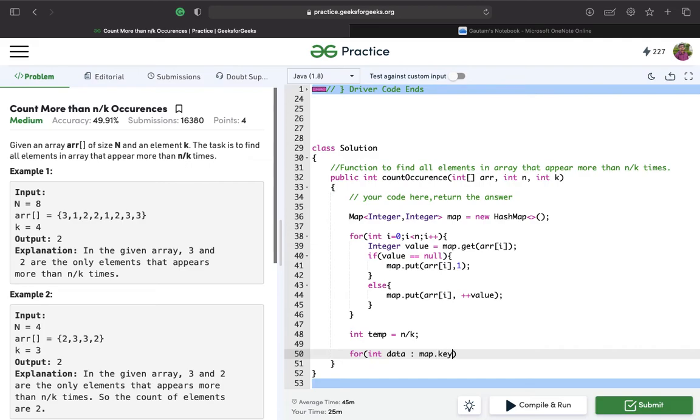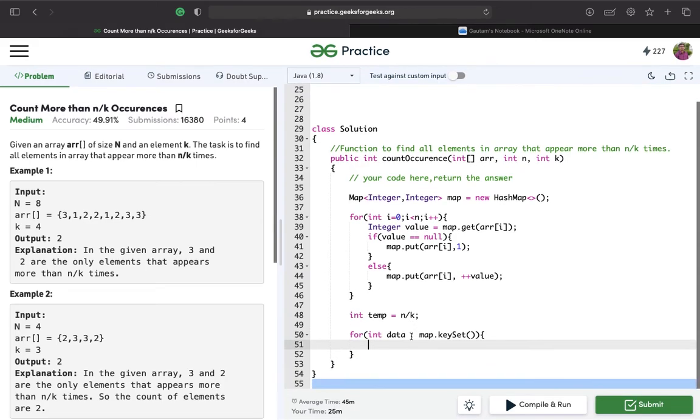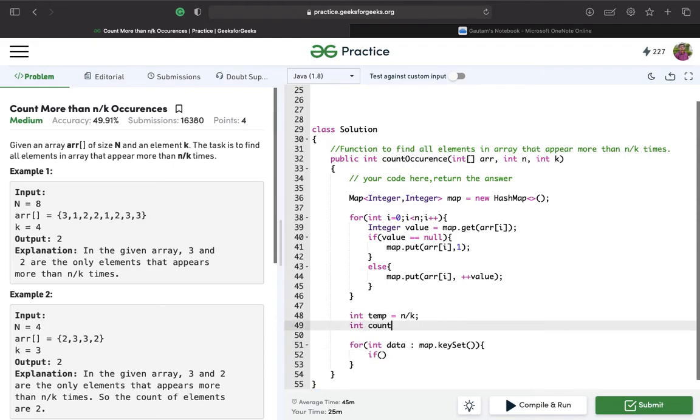So we'll use map.keySet. What this keySet will do is provide us a set of keys which can be iterated. Let's make a count and initialize it with 0. This will help us maintain the actual count.